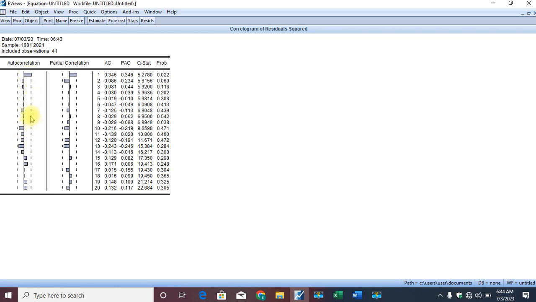If you look at this particular area, we have the spikes and dotted lines. Whenever these spikes get to the dotted line, it is evidence of autocorrelation, and whenever these spikes are very thin, we say there is a damped sideway. If there is a damped sideway, it means that the spikes are not reaching this line, which is desirable. But whenever these spikes are touching the dotted lines, it shows evidence of autocorrelation